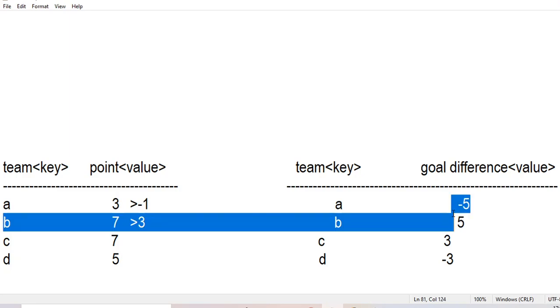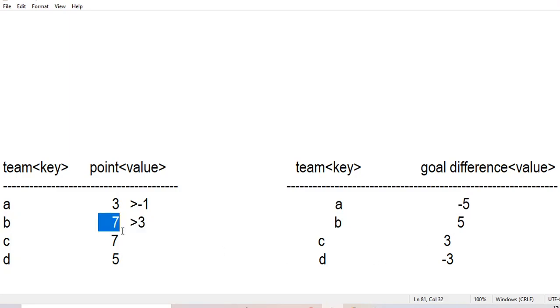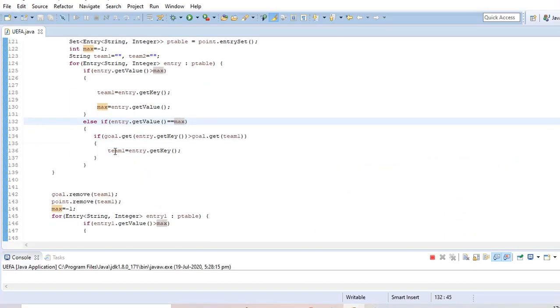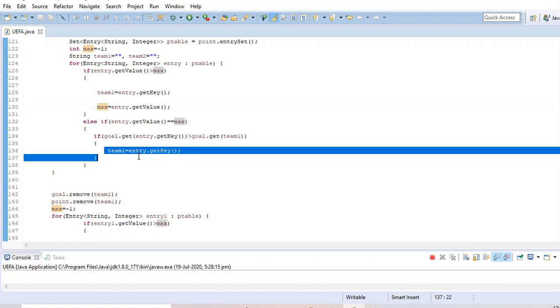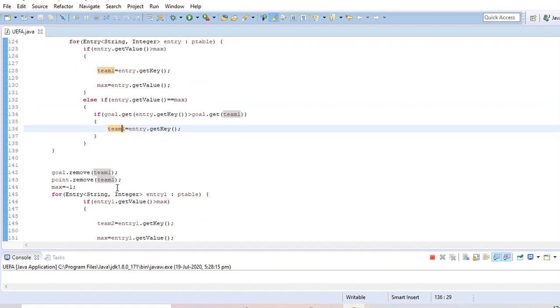Here they will see that 2 points is the same, so the 5 goal difference is better. So in that case they will store here the team name, and the maximum value is already the same, and they will store the team name in team 1.